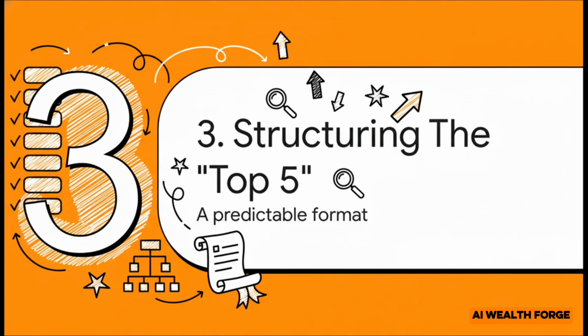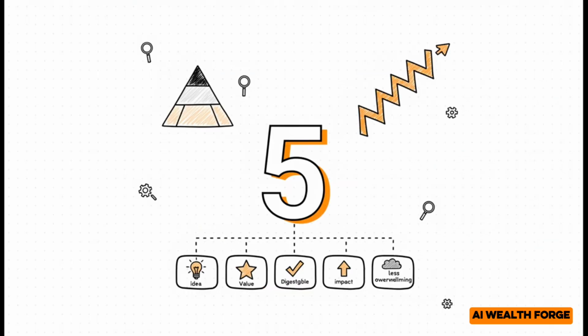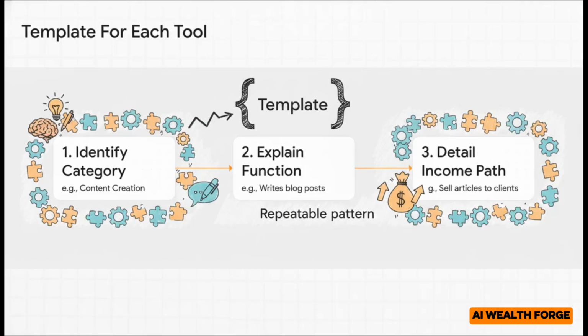Next up, the structure. The source specifies a top 5 list. Now, the listicle format is one of the most powerful and, let's face it, enduring content structures online, and for a really good reason. It makes a clear promise to the viewer about exactly what they're going to get. And honestly, the number itself, whether it's 3 or 5 or 7, is way less important than the framework it provides. This structure manages audience expectations perfectly. They know there are 5 distinct points of value coming their way, which makes all the information feel organized, digestible, and way less overwhelming.